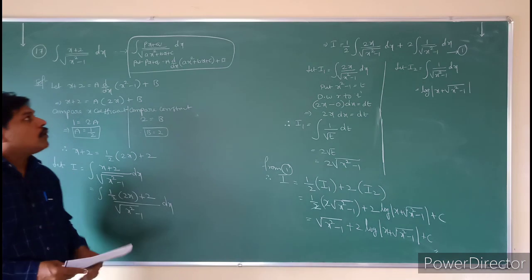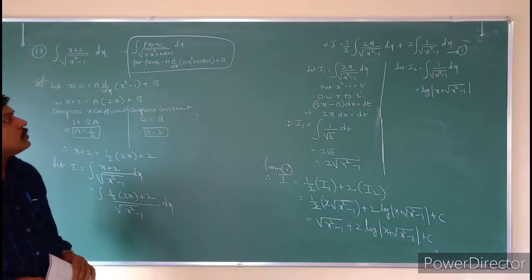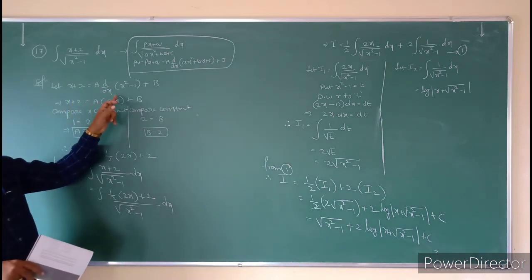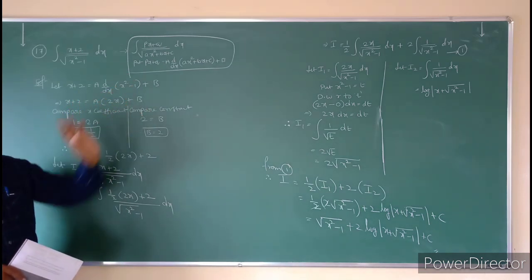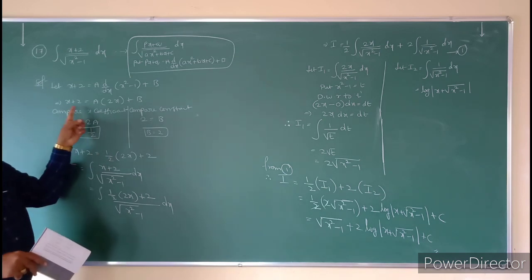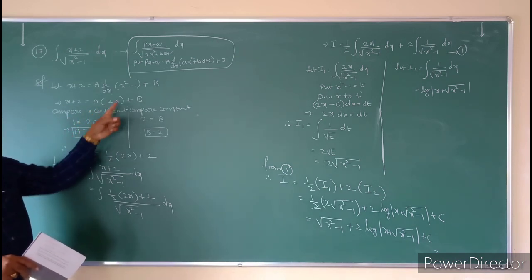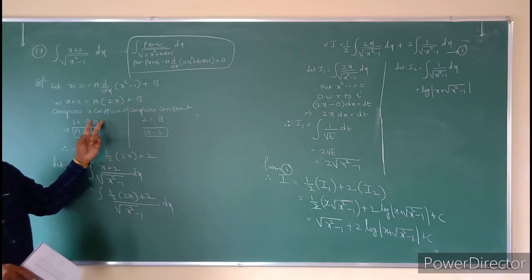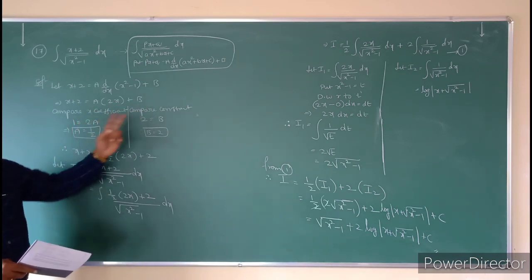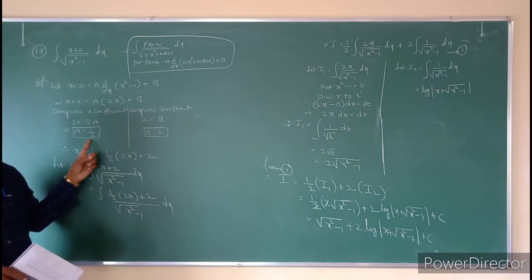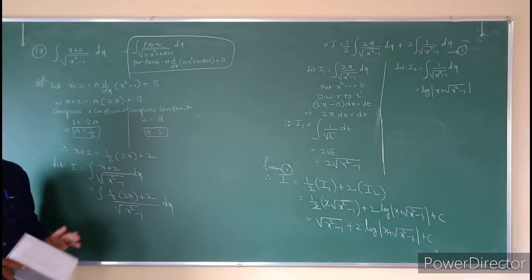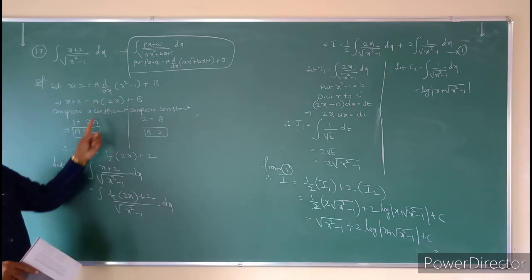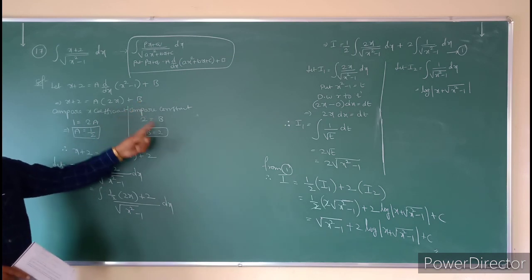So see that question, students, how to do this type of problem. First we have to take x plus 2 is equal to a into derivative of x square minus 1 plus b. X plus 2 is equal to a into the derivative of x square minus 1, which is 2x, plus b. And take the coefficients, the x coefficients and the constants. You will get a is equal to 1 by 2 and b value is 2. After getting this, how can you write this x plus 2? X plus 2 can be written as, a value is 1 by 2, 1 by 2 into 2x plus b value is 2.